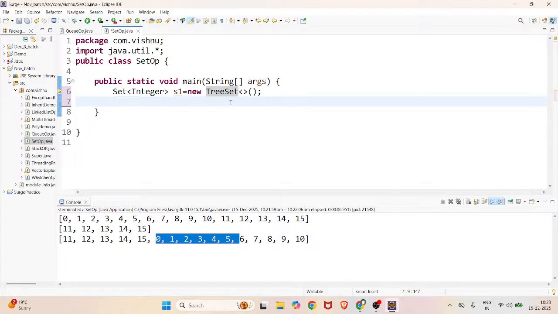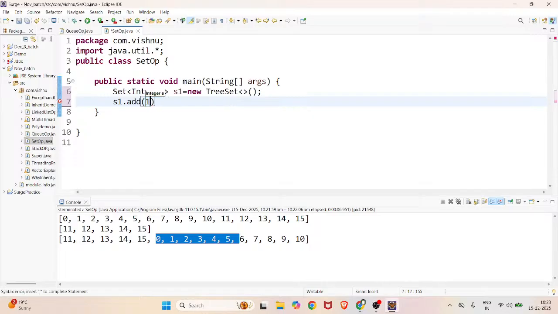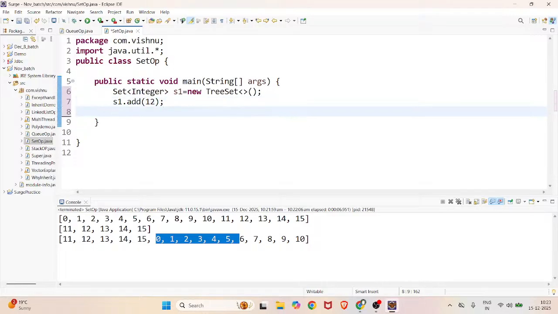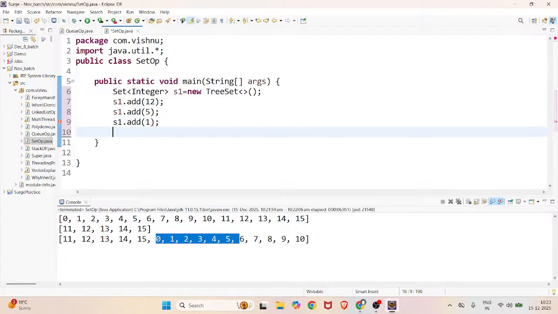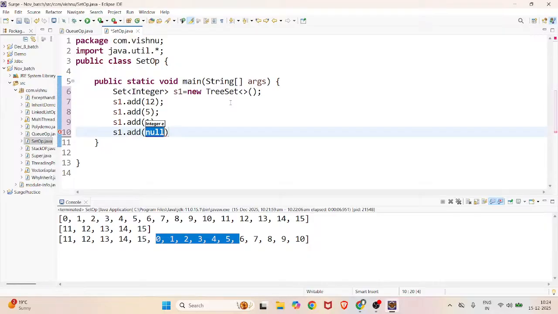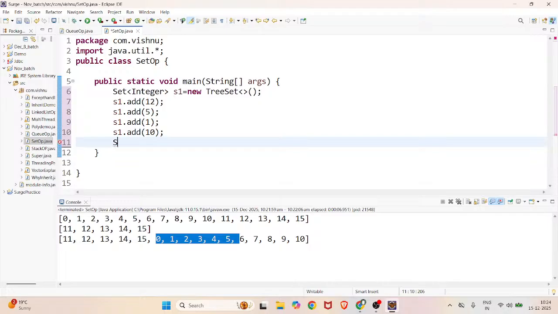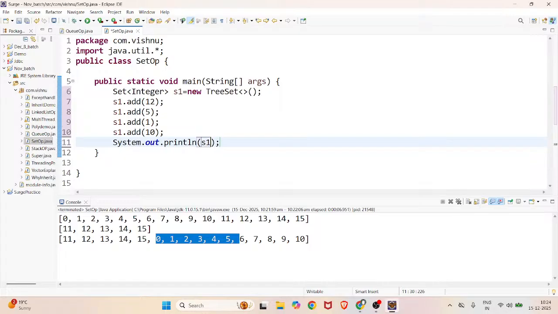Suppose I want to add s1.add(12), and after that s1.add(5), s1.add(1), and s1.add(10). Okay, if I print s1,